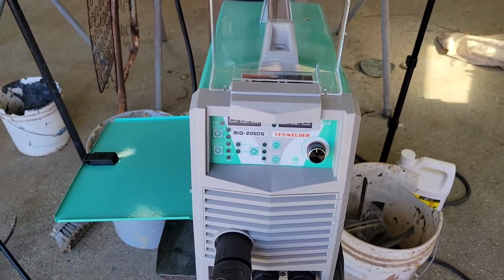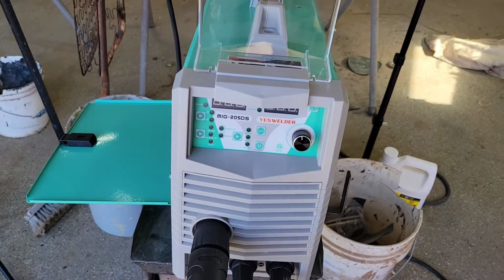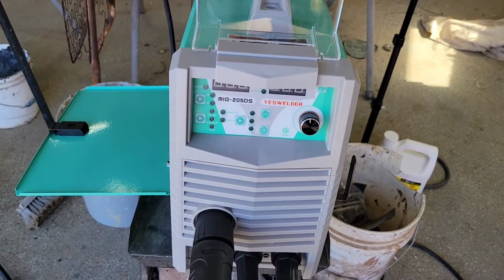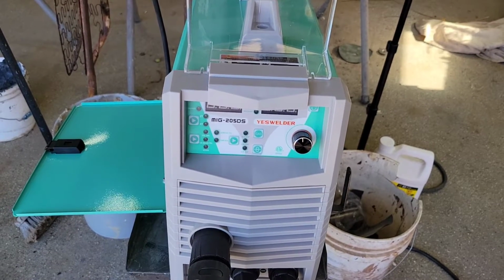That's just me first opening up the box, just trying to figure it out myself. It's definitely not what I expected as far as things go. I'm not saying it's bad. It's just not what I expected. I didn't expect to see one knob and all these buttons. So,